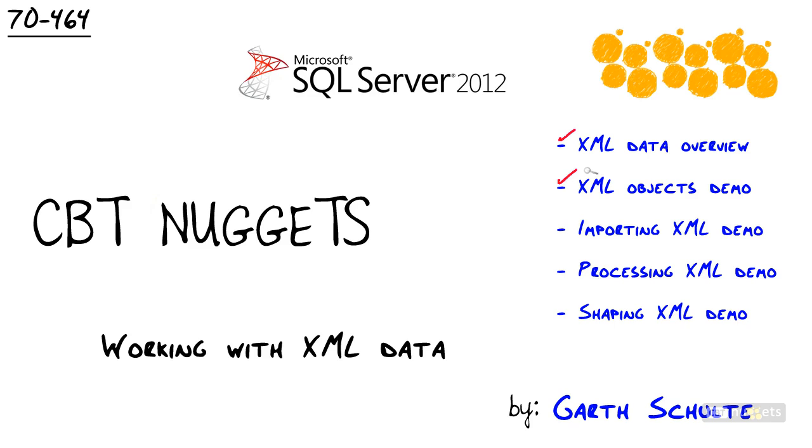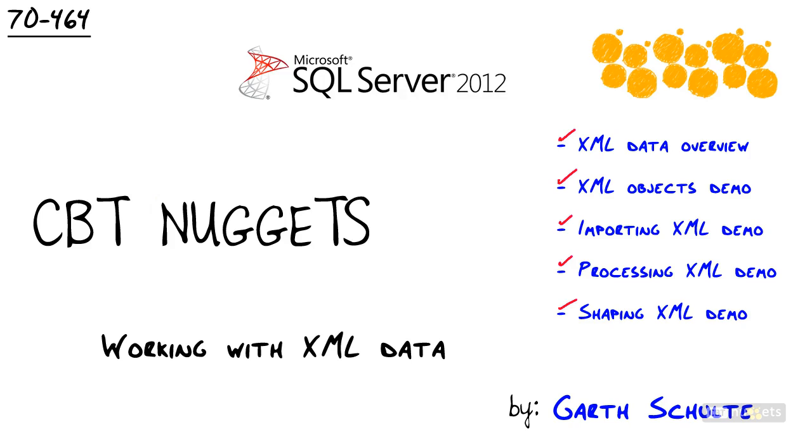Once we get familiar with the objects, we'll take a look at how to bring XML data into our SQL Server objects, to our tables and our XML columns and such. Then we will also look at how to process XML data, and really here how to query it, how to filter it, how to modify it. And then at the end here, we'll look at how to shape XML data. Really, how to shape relational data as XML, and then how to shape XML as relational data. So you'll get a good taste here of all the different areas of XML and how to work with it